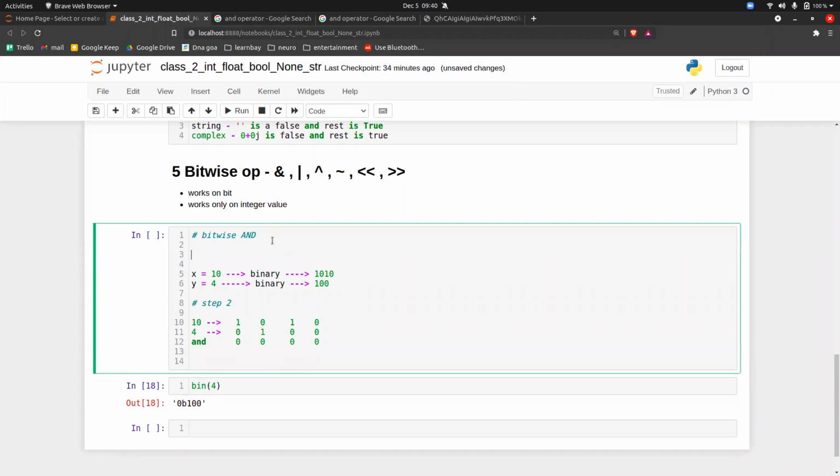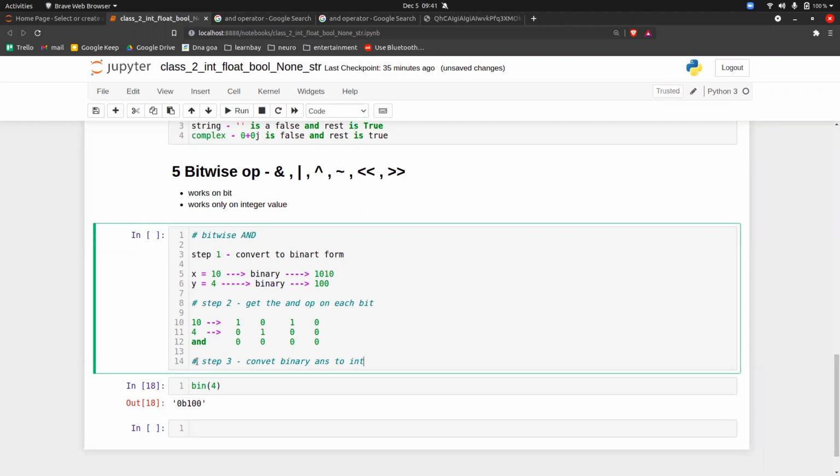So step 1 is convert to binary form. Then step 2 is to do the AND operation on each bit. And the last step, step 3, is to convert the binary answer to an integer again.